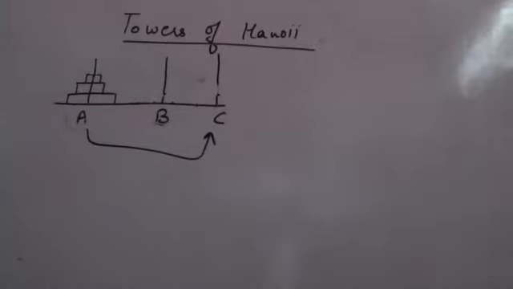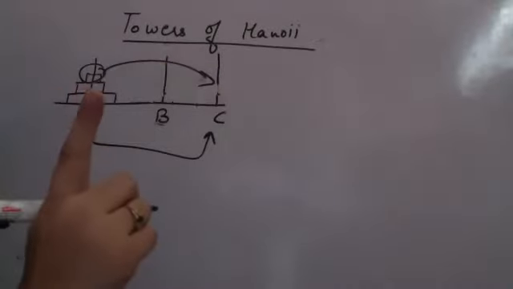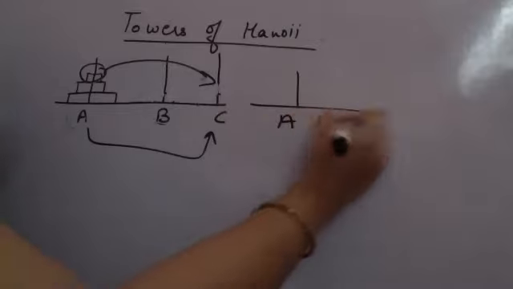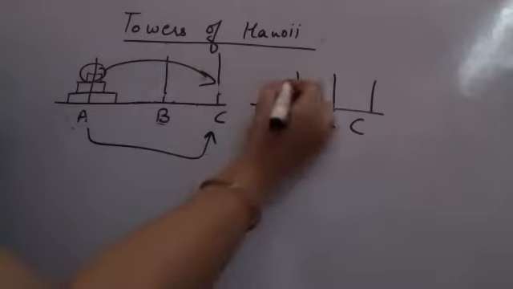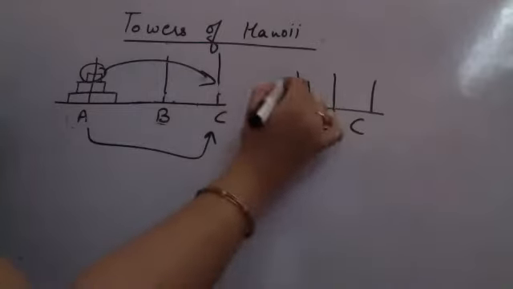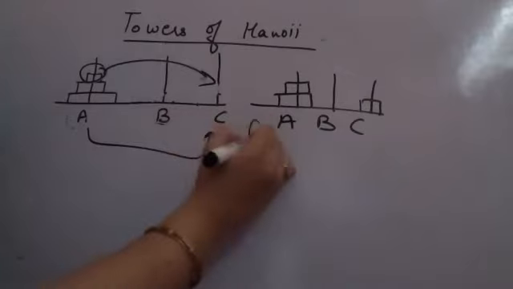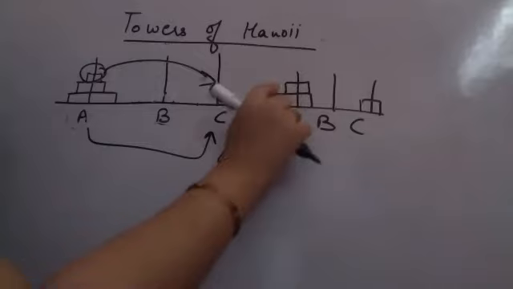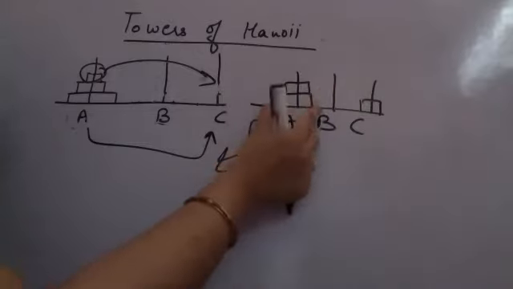So what I will do is I will shift the smallest to C, first step. So what am I doing? A, B, C. A में we have the largest disk, then the second largest. Smallest I have shifted to C. ये मेरा step 1. After this, I shift the second smallest to B, shift back the smaller to B, shift the largest to C.